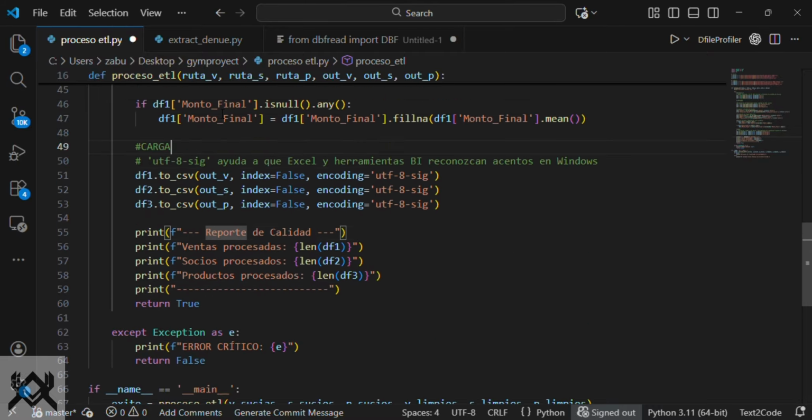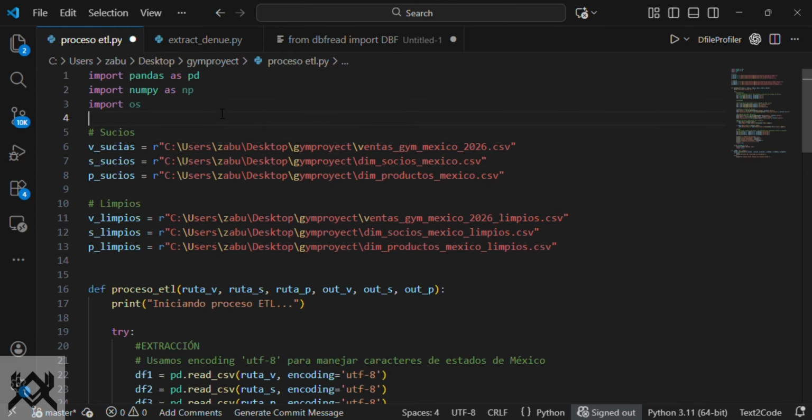Okay, this is all for my ETL process. If you see, this ETL process is not very complex like the project New York City for analyzing traffic, but this is easier.